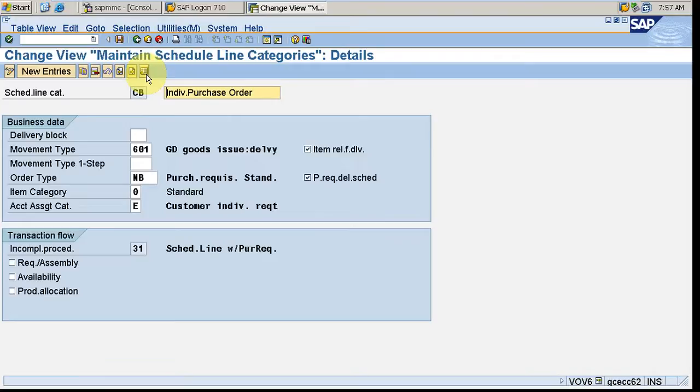Why? Because when we create the sales order itself, we will enter data like material, quantity, and expected delivery date. So all these things are to be copied, just as we send the item category details from item category to schedule line, and from schedule line to PR. The same way, these schedule line requirements would be transferred to PR with the help of this.